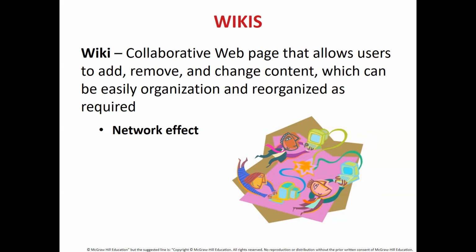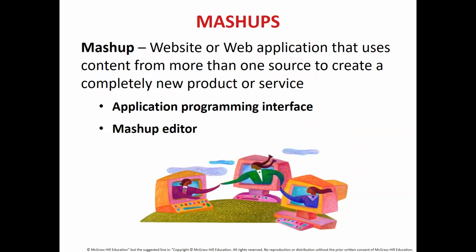Okay, now this is what is happening in some of the social networking websites like YouTube. Now YouTube is an example of a wiki. How? Because it's a collaborative web page. Many people can come in, they can feed in their content. So as the content has more views, if the view is on a product or service, that particular product or service becomes more and more famous, and the value of the product increases. Okay, so that's the network effect.